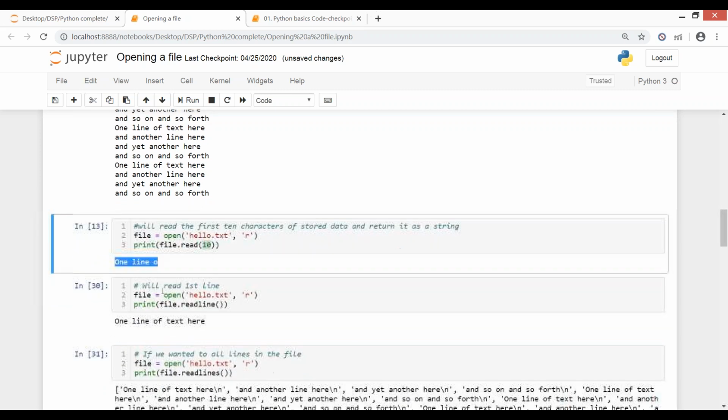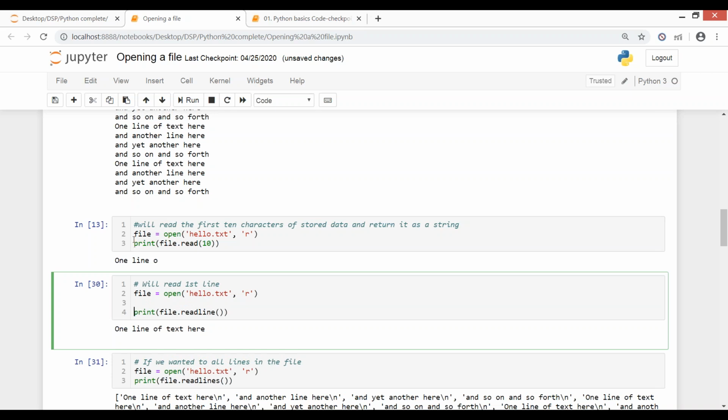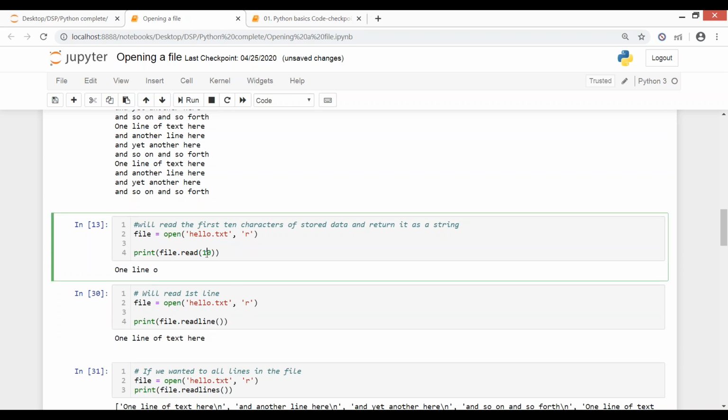Okay. So this was specifically for characters, and when you want to just read the very first line, this will be same everywhere with an intention to read. The only difference comes out to be in the second one. In the first, मेरा यहाँ second में we specify the number of characters here. Here in the second line, I'm specifying readline. So by this, I will be reading the very first line of my file, जिसमें I've made the changes.